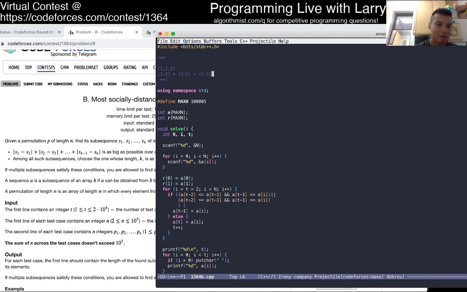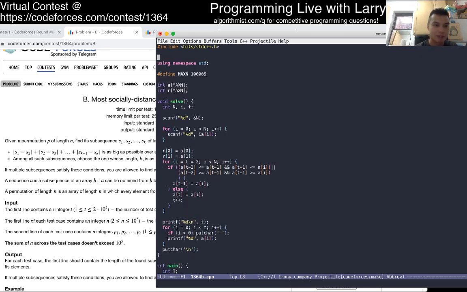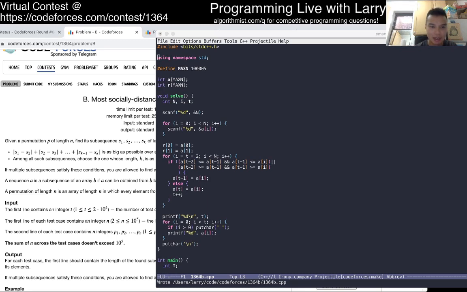Because you can move the middle element around and it doesn't matter. So this is the invariant that we try to keep up. And then now we just have to keep doing that one at a time, looking at the first 2 elements. If any number is in between 2 adjacent numbers, recursively if you want to call it that, then you just remove it. And that's basically my algorithm.